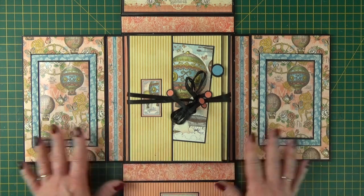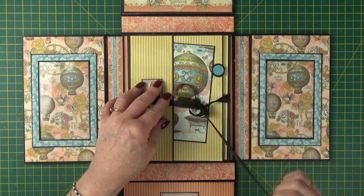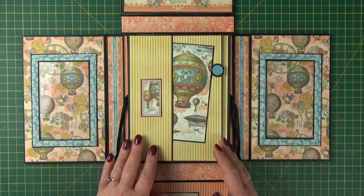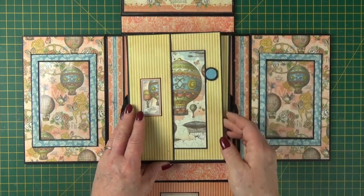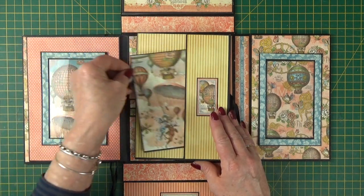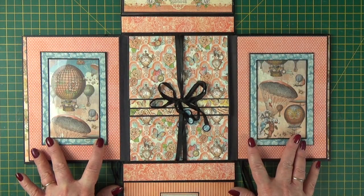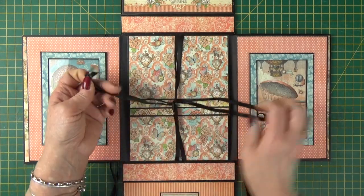So this album only has 3 colourways, pink, blue and yellow, but it looks fun. And it's got a real party feel to it, or even a holiday bon voyage feel. So again, 2 little pockets there with the ephemera, or cutouts, on that yellow stripe. I'm terrible for stripes, I love them. And then on the inside cover I put 2 more photo frames, or the inside of those flaps. And then right in the centre